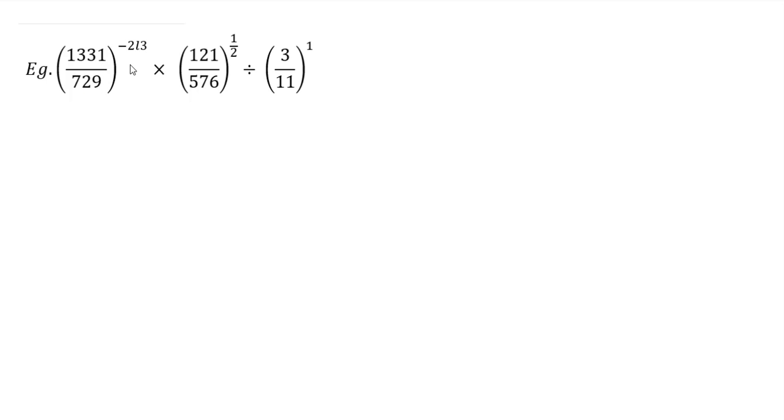1331 upon 729, the whole raised to minus 2 by 3. Then 121 divided by 576 raised to half. And this thing is divided by 3 by 11 raised to 1. So let us see how to solve it. Now